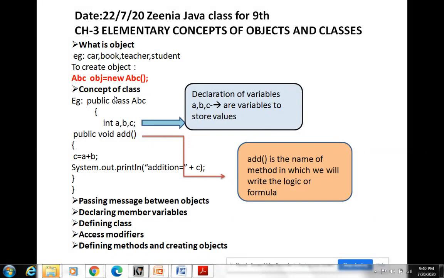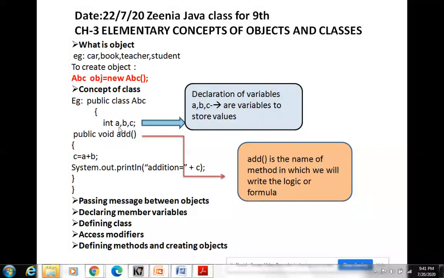Then is the concept of class. I told you this is the class declaration line. The first line is known as the class declaration line, in which ABC is the class name. This class is the keyword and this public is an access specifier. All the keywords are to be written in small letters. Okay, as you know, Java is a case sensitive language. Case sensitive means it takes lowercase and uppercase differently. So this curly bracket is the class body.